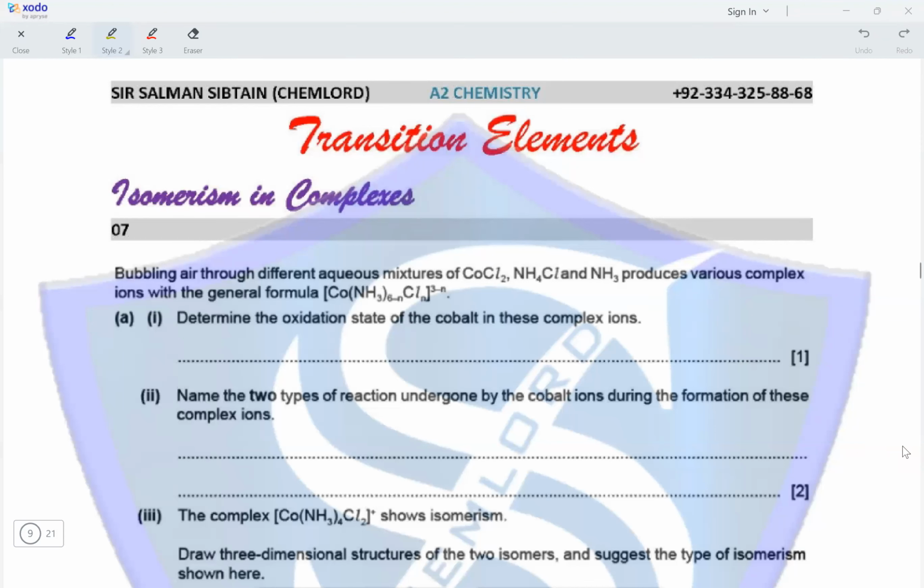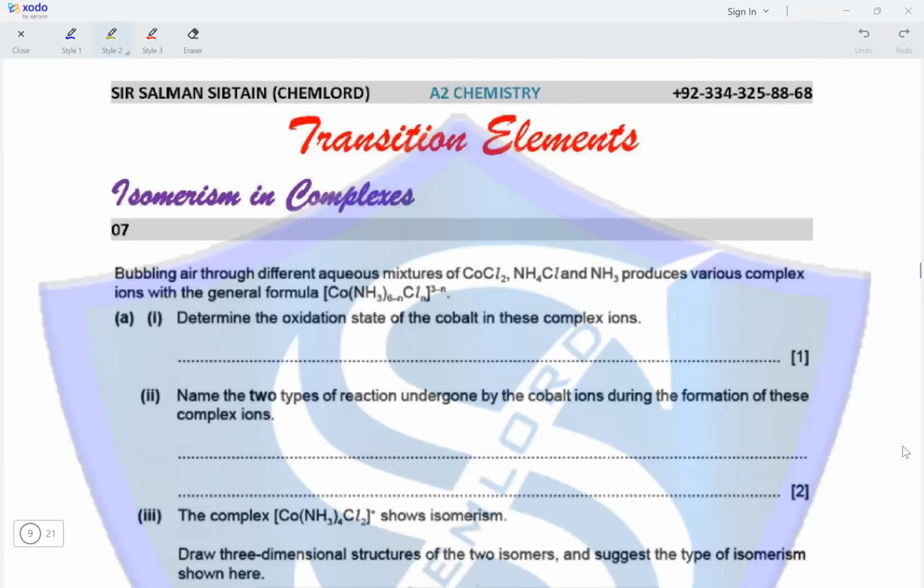Question 7. Bubbling air through different aqueous mixtures of CoCl2, NH4Cl, and ammonia produces various complex ions with the general formula [Co(NH3)6-n Cln]^(3-n)+. Determine the oxidation state of the cobalt in these complex ions. So, if we have any number of